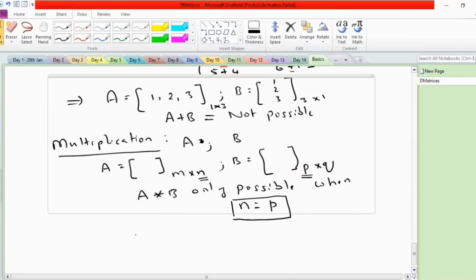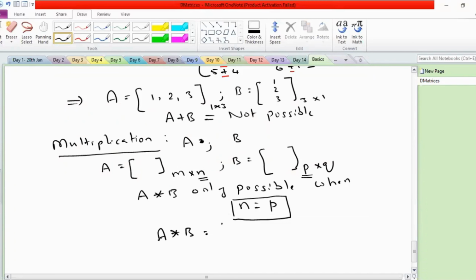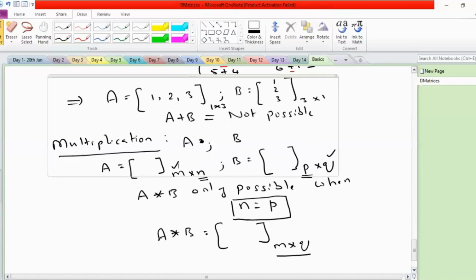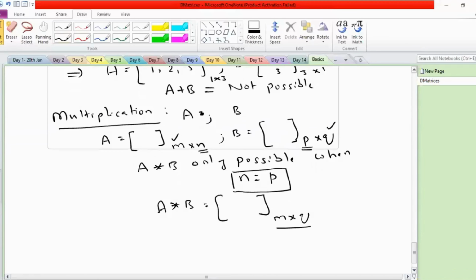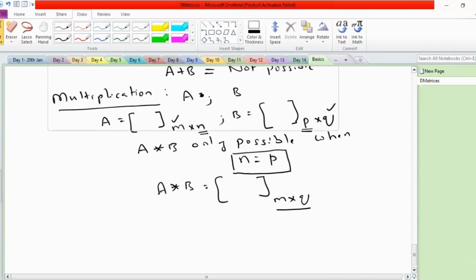Okay. And the product of A into B is nothing but m dimension m into Q. That means this one and this one. This is the fundamental principle that needs to be satisfied if you want to do